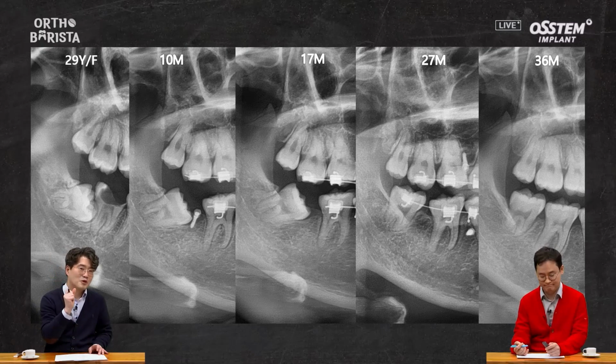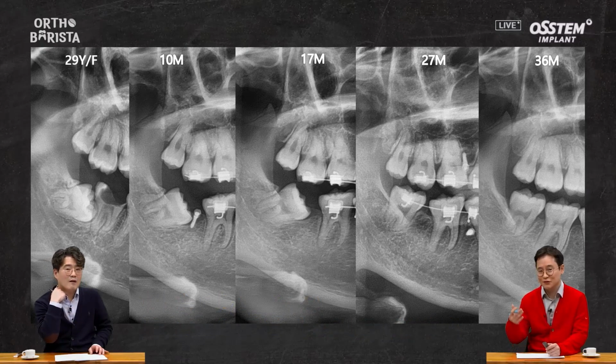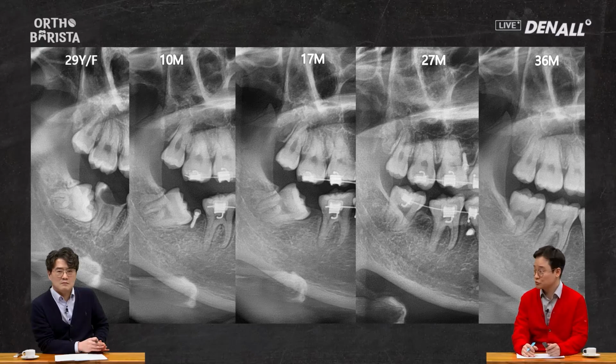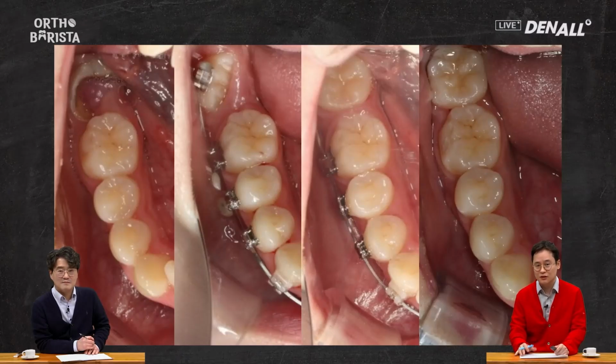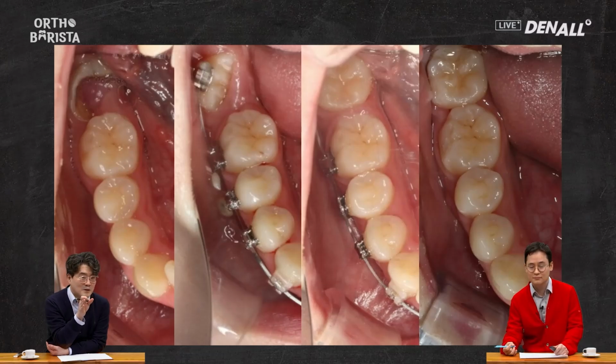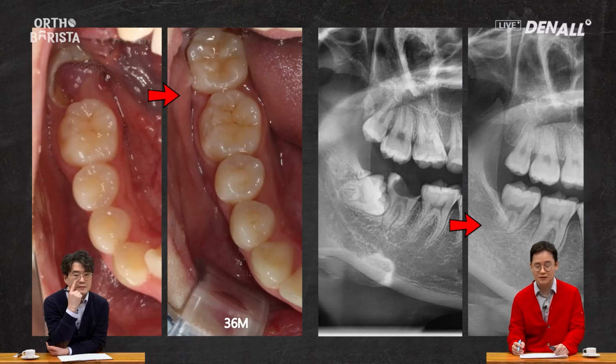The occlusal forces continue to apply pressure, yet the tooth underwent spontaneous mesialization and uprighting without tilting mesially. In cases of significant occlusal pressure, this might have hindered eruption, but the tooth managed to upright itself to a satisfactory degree. Similar results are observed in other clinical cases, where the intraoral radiograph shows successful outcomes. In the second image, you used skeletal anchorage, correct? Yes, this is the case we organized after 36 months.